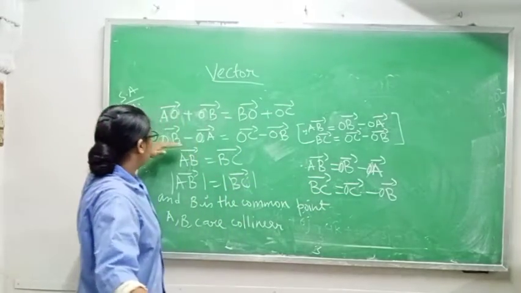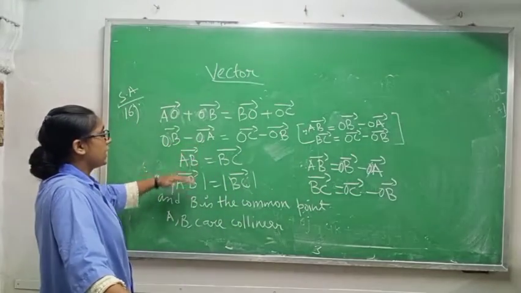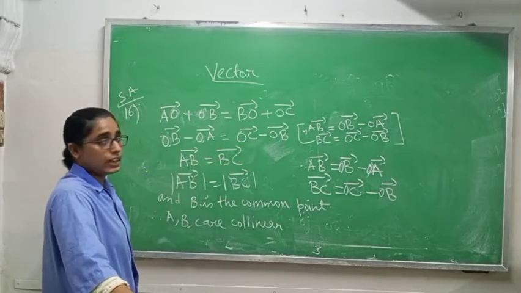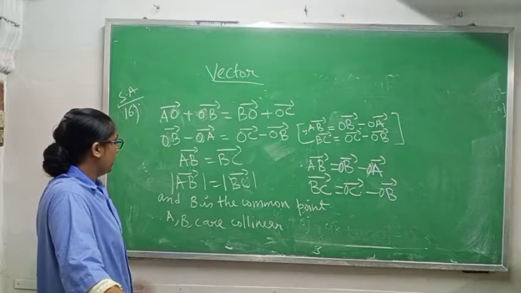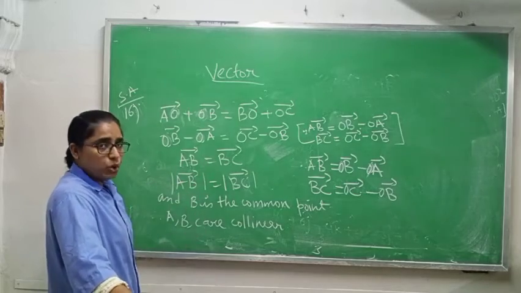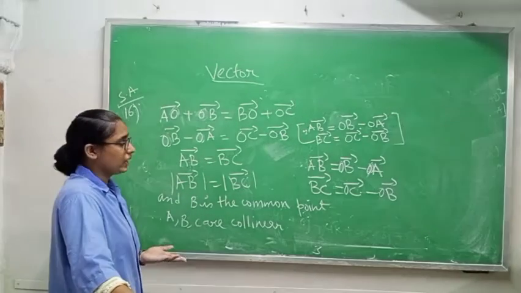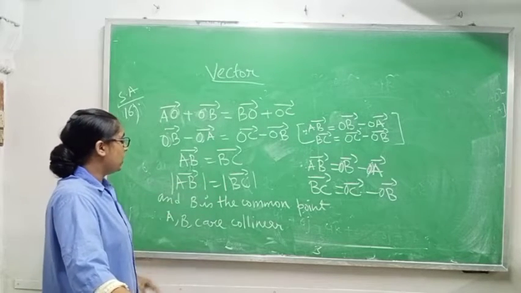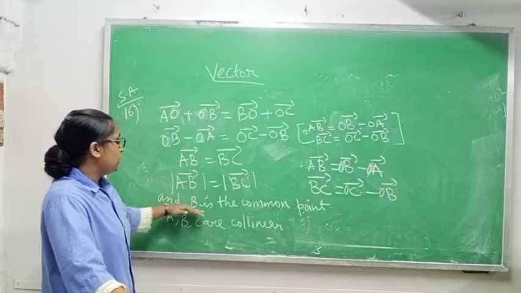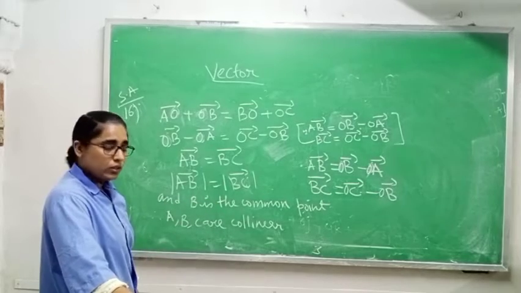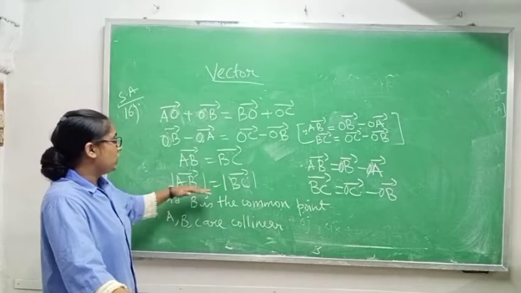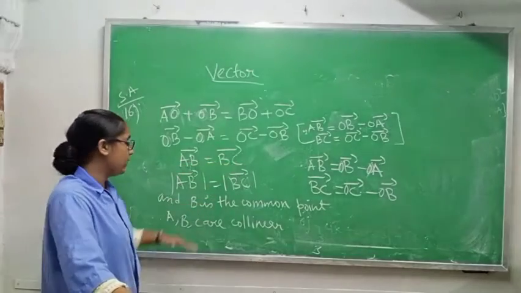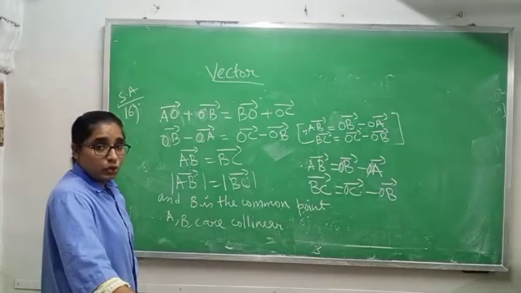Okay. Now in place of OB vector minus OA vector I can write AB vector equals to OC vector minus OB vector, I can write BC vector. Okay. Now if I want to give mod both sides I can do squaring both sides. So if I give mod, and B is the common point, we can say that AB and BC both are equal. Of course, these both are equal, as well as B is the common point.